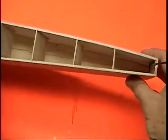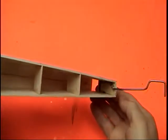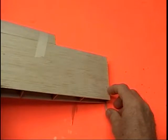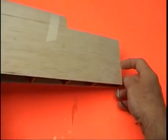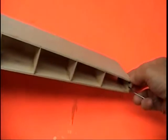Now I need to know, and I purposely left the way I bent the tail wheel wire so I could get the blind nut right in the position I want. But here's what happens. If you put the blind nut, the bolt, way down low, it's not effective. The top starts to get loose. If you put it way too high, the bottom gets loose. So I found out there's probably a point, and it's a little bit further down than up, that this is